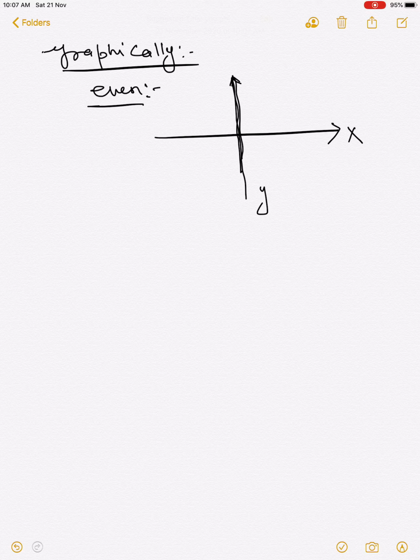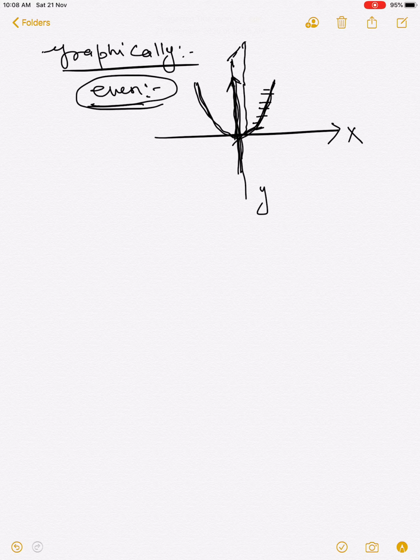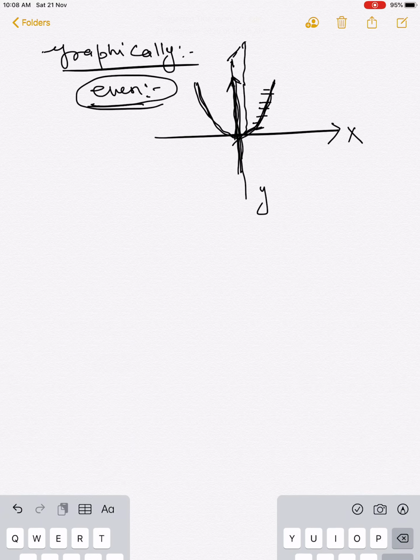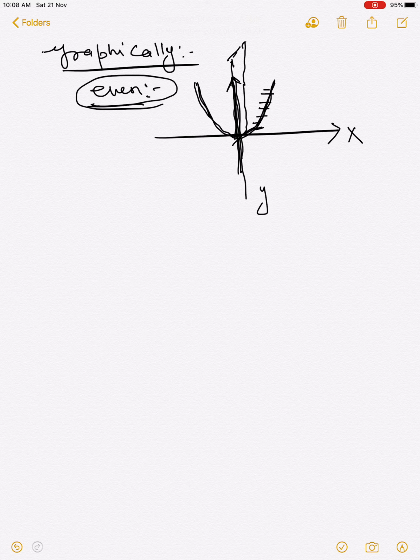So just check that, let's suppose this is a mirror, and if the graph of the function is like this, then this part, if you place a mirror here, you will get the reflection of this one. This means this is symmetric about the y-axis. So simply, if you draw a graph of the function and it is a mirror image about the y-axis, then the function